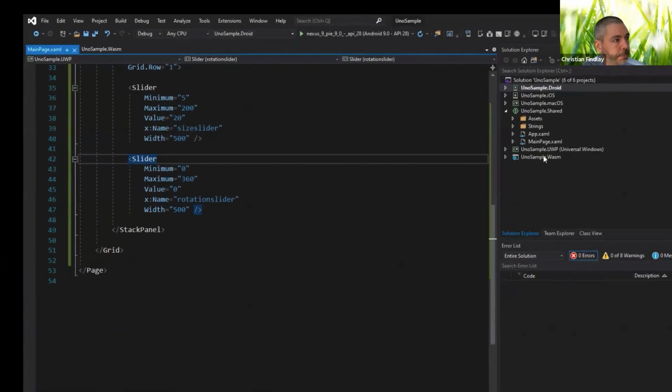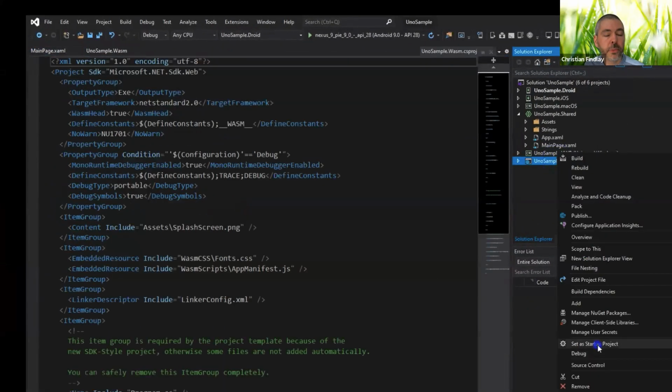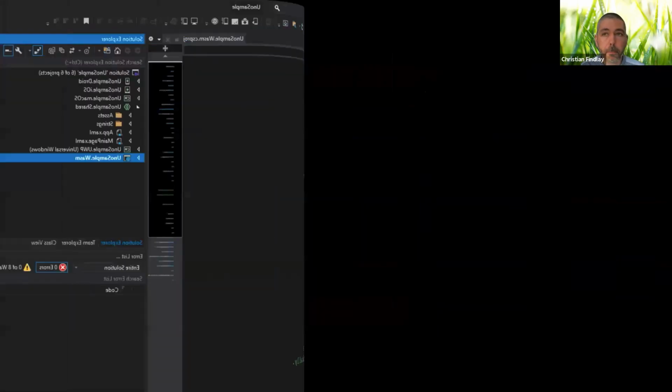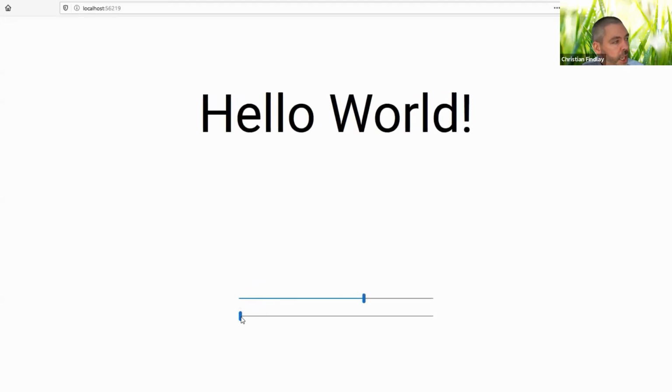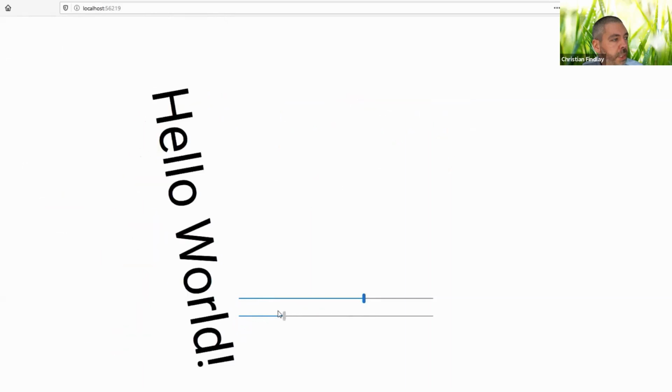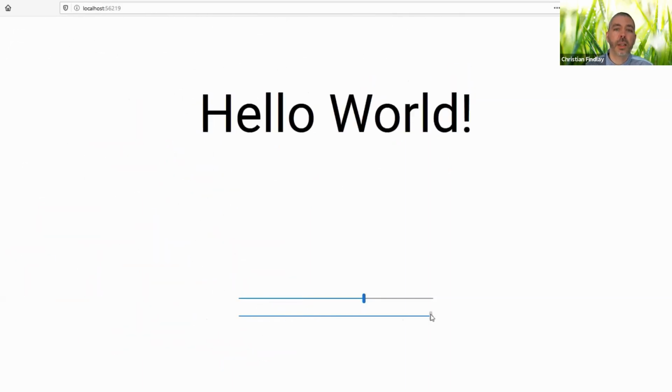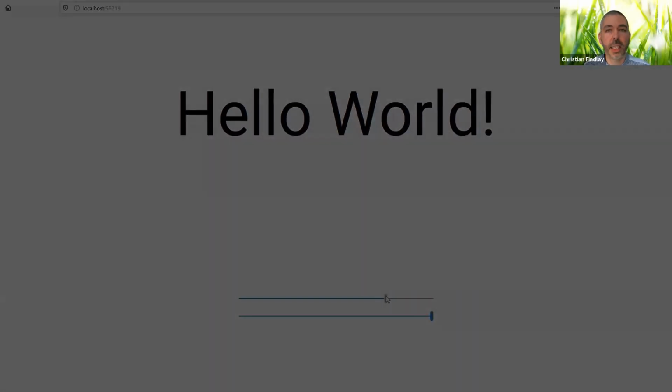Okay, now we see it within a browser, within Firefox. So we just run the WASM version, WebAssembly version of the app in Firefox. Okay, and again, we see the same thing. So you can see that it even looks like a Windows 10 application, but you can style it any way you like. And XAML has really, really powerful functionality for styling the application.